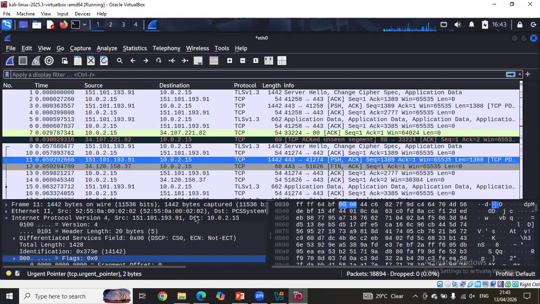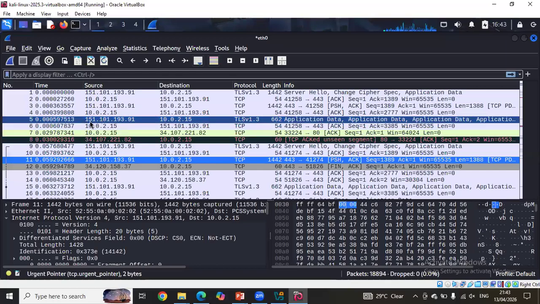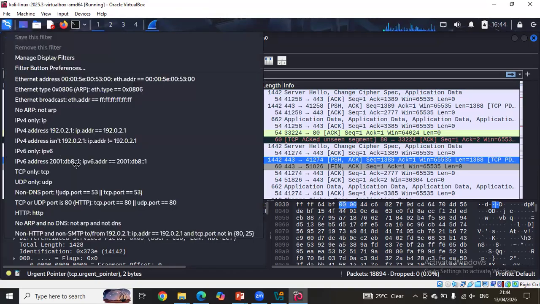Now, Wireshark also has a query language. So there's a way you can filter data. For example, let's say I want only data related to this IP address 151.101.193.91. Now you can check here, right? And then